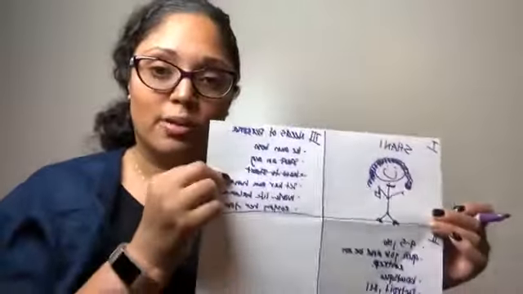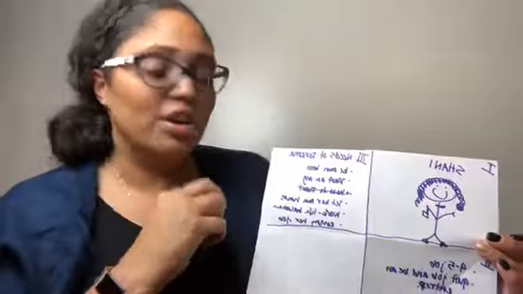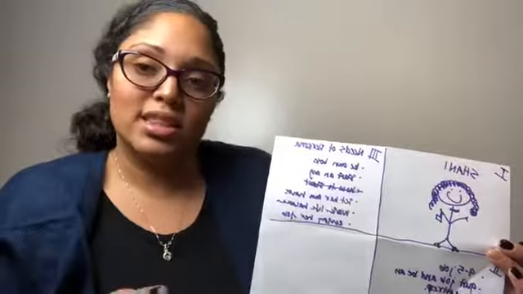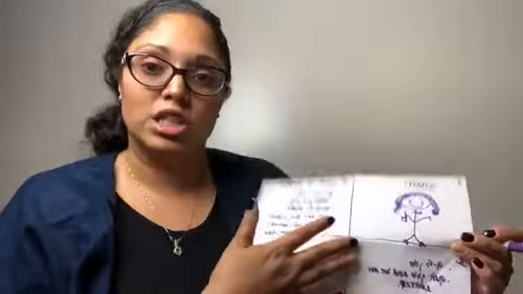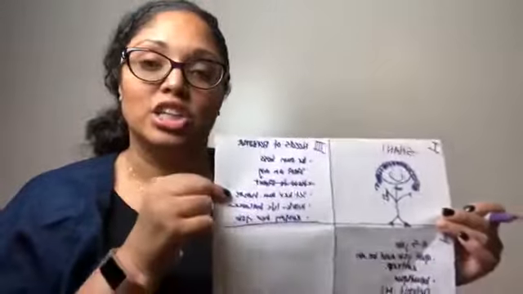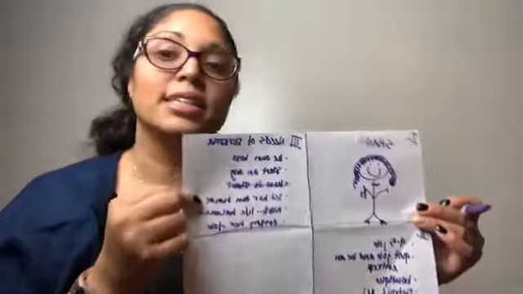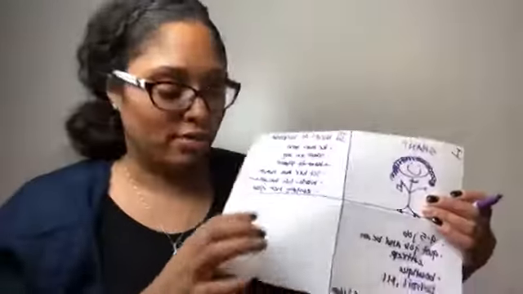And then in the third quadrant up here, I want to know the needs of your persona. So what is it that they need? Why is it that Shani can't start this job now? What is it that she needs in order to be a successful entrepreneur? So fourth, right down here in this fourth quadrant,